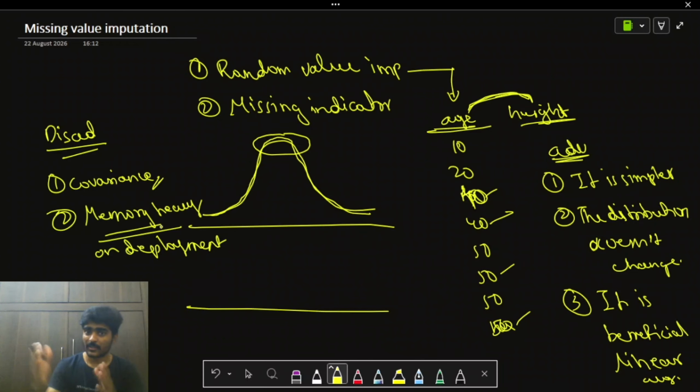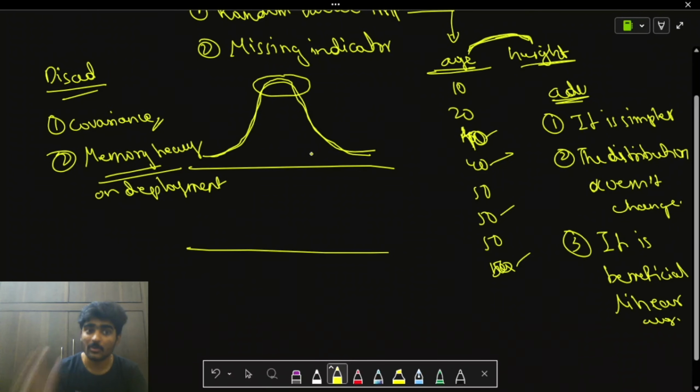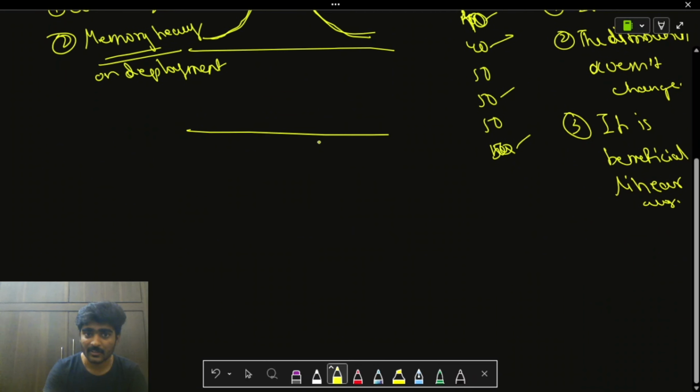So let's say a new set of values occurs, and in that new set some values are missing. How does this model handle it? It just picks random values from the training set and imputes the missing values, and in this way it sends the data to the machine learning algorithm. So this is how the technique works when it is on the server. This is entirely the random value imputation.